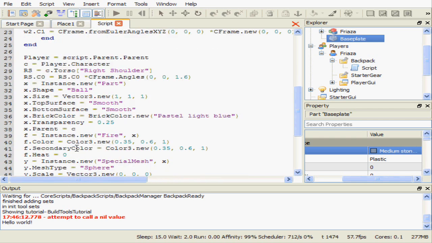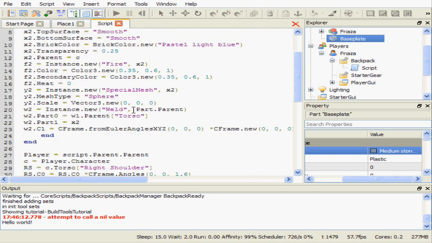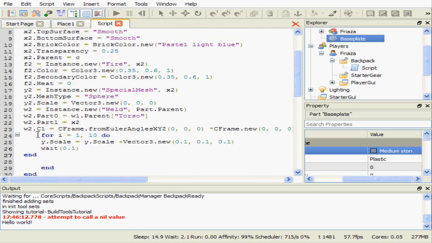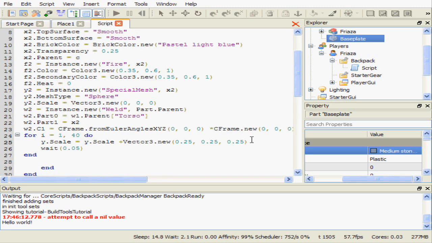Excuse me. Oh well, that's fine. I guess I can put this then. 30, 0.05, no 40 actually. 25, 25, and 25. And normally I'd create two layers of explosion, like I'd weld it like a Rasengan clone, and then create another blast which grows bigger and bigger and bigger to emphasize it. Anyway,